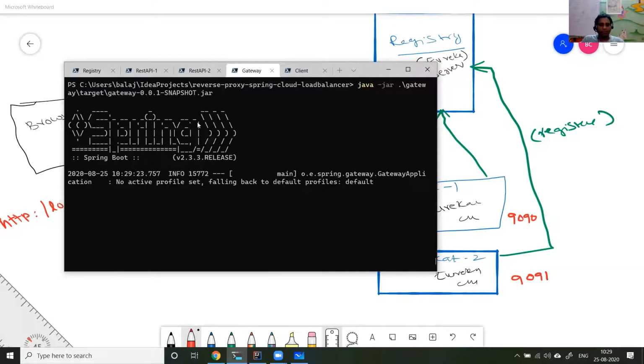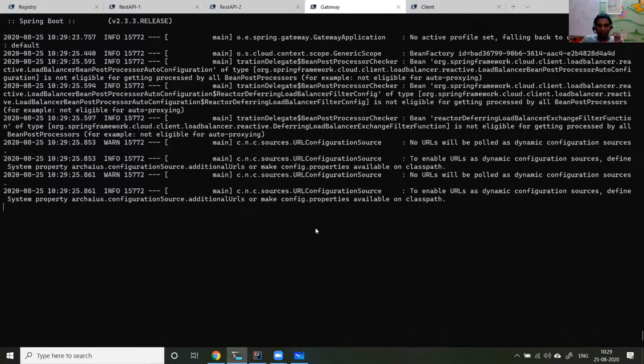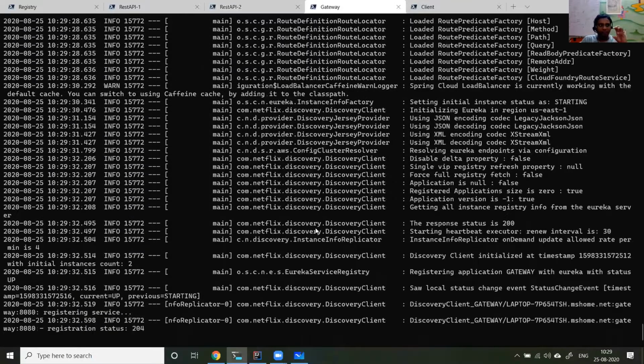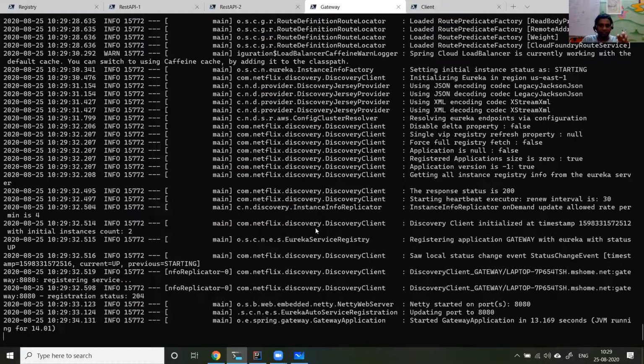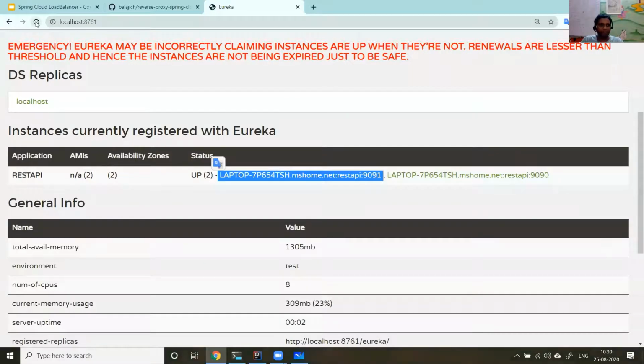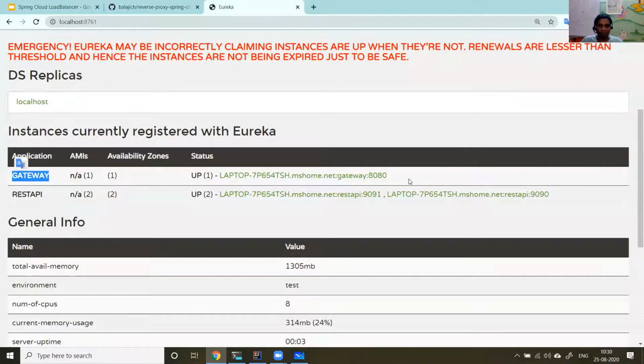The only difference you need to note here is that the gateway is using the Spring Cloud project along with Spring Cloud Load Balancer. So I'm using Spring Cloud Load Balancer to do the load balancing, and it is running in Netty on port 8080. So we use the Netty server, not Tomcat. The gateway is not made compatible with Tomcat. Netty is also a web server written in Java, which runs in the JVM. So I got the Netty app, the gateway app. If you see this, the application name is gateway and it is running on 8080.